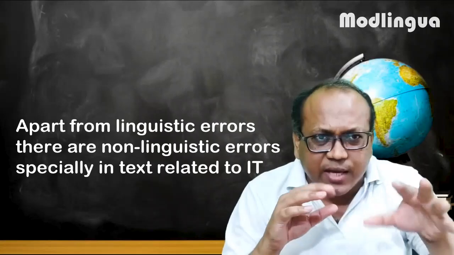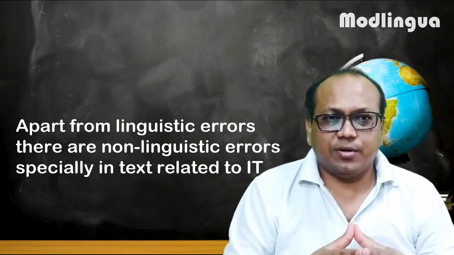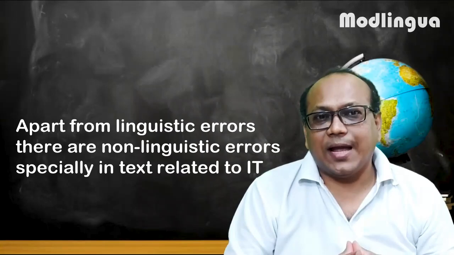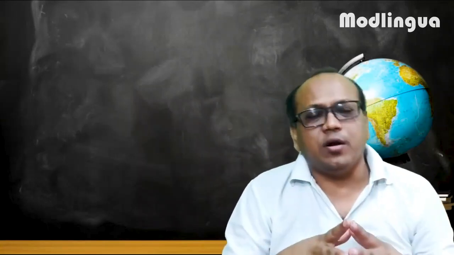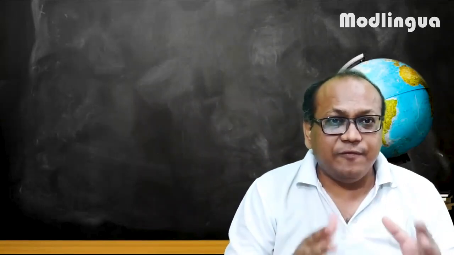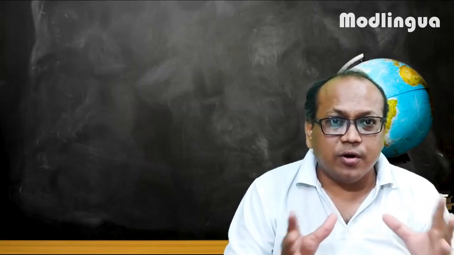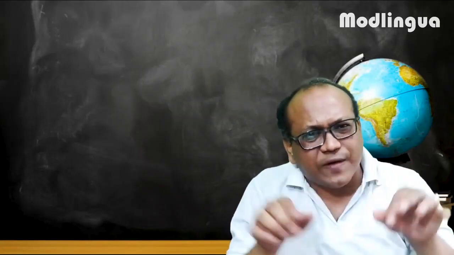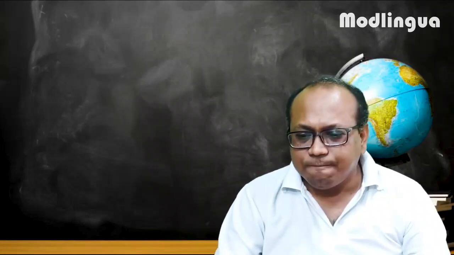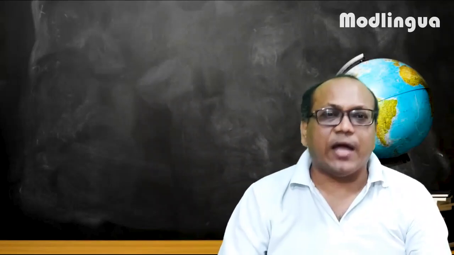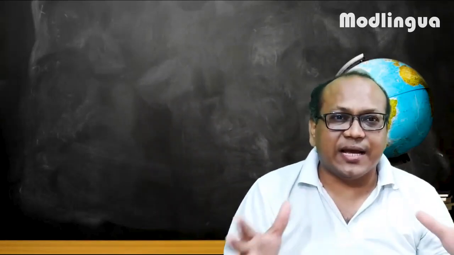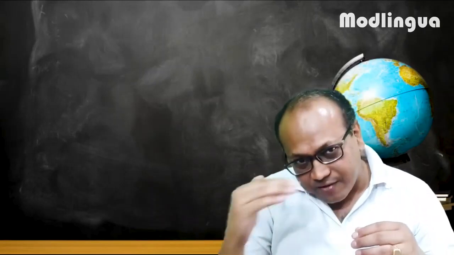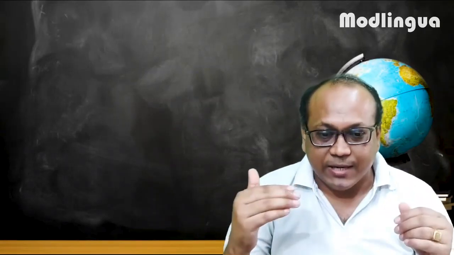So all these things, apart from linguistic errors, have technical errors. We call them non-linguistic errors, and they are equally important to control. And if we as translators do not know how to control those errors, we can run into big trouble. So let's understand what those final points are. I always call them the non-linguistic aspect of a translation, and they play an important role. I have divided them into a variety of stages. One is at segment level.